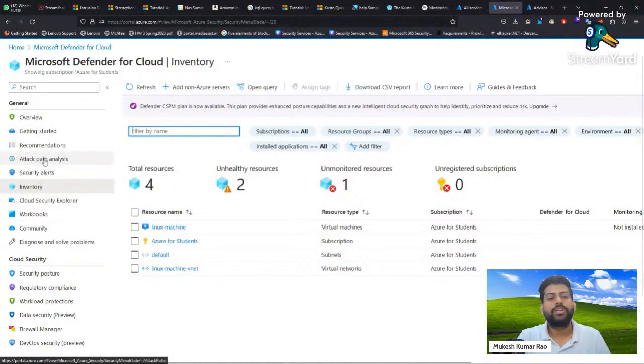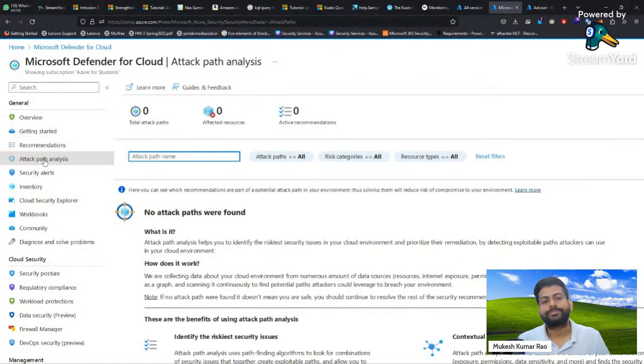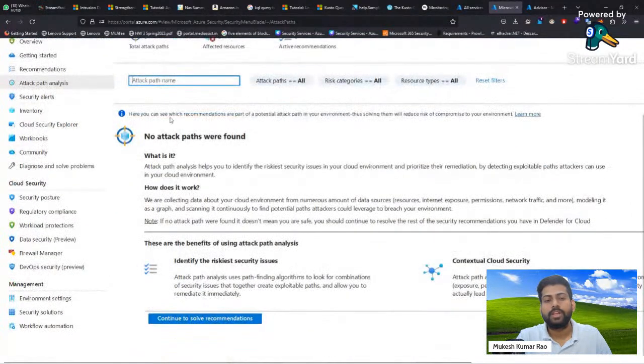Then you can go to the attack path analysis. Right now no attack paths were found in our Azure resources in this area, so it is secure. If anything is found, it will give a recommendation of the steps you have to follow, or you can integrate to reduce or disable that impact.